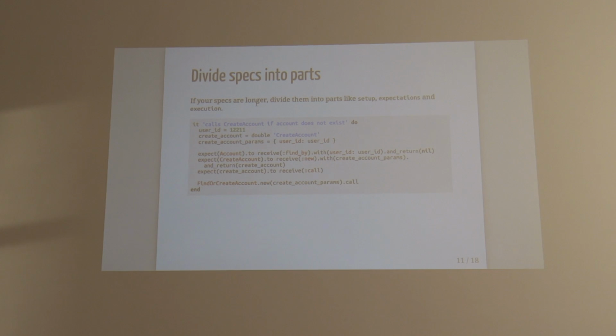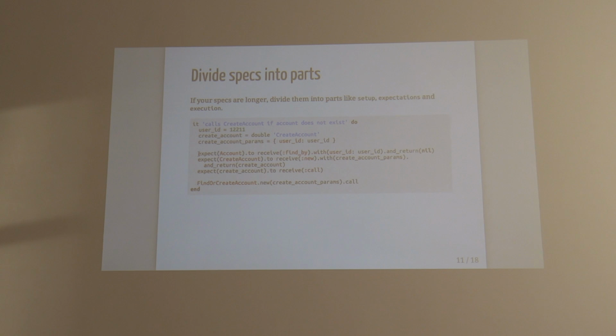As I was speaking previously, it's good to divide your specs into different parts. Here is the setup part. We create variables, we assign them numbers, we create a double for create account service object, we set up some hash with params,